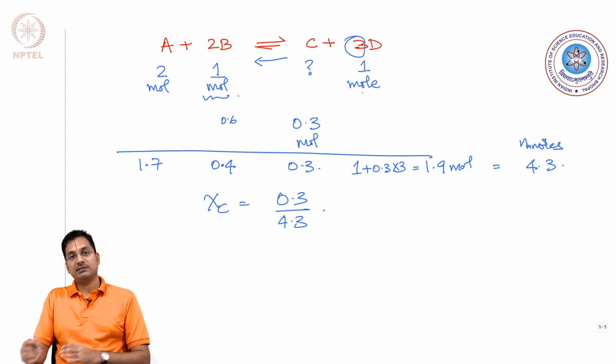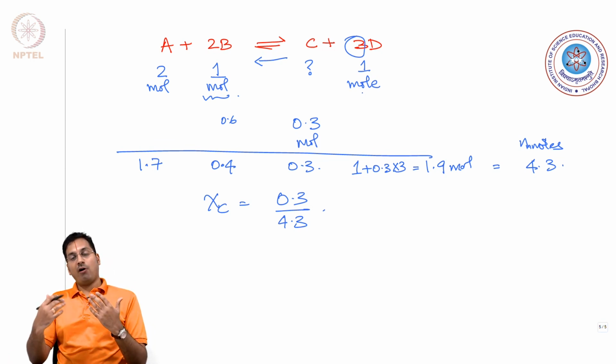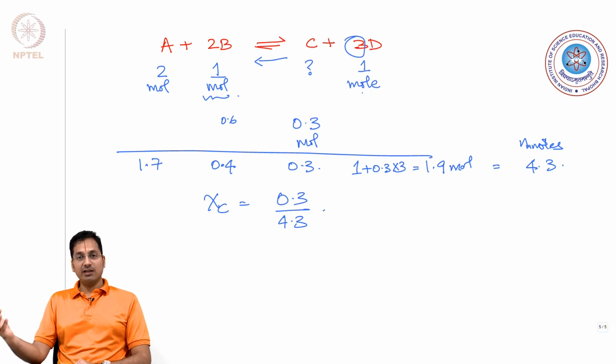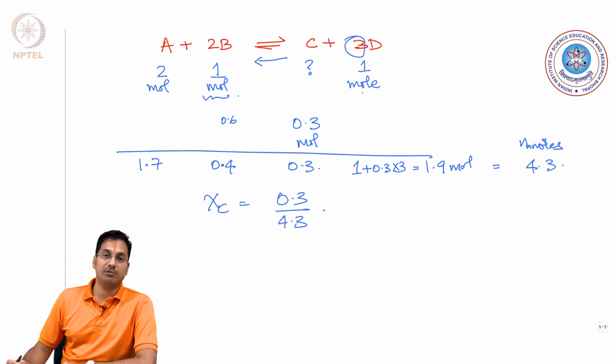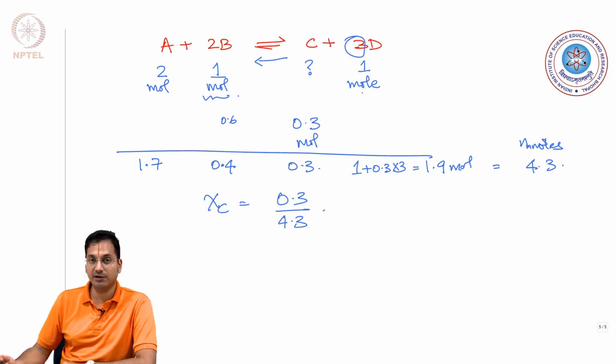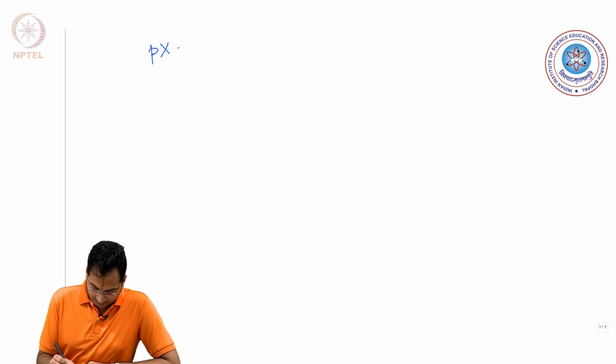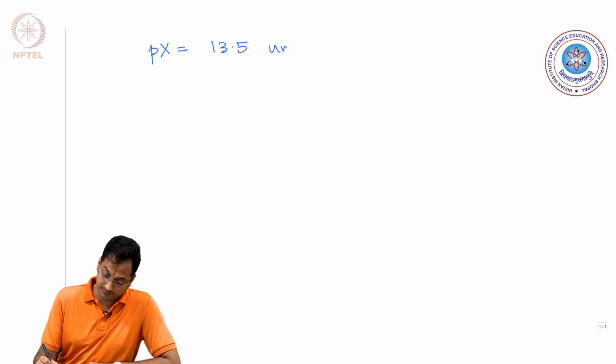So, one is able to understand, providing an idea of how much reactants and products you have, the equilibrium constant helps you judge how much forward the reaction has gone. These examples help you understand how stoichiometry works in different chemical reactions under different conditions that have been set up by the researcher. Let us take another example right now, where the Px for a given solute is 13.5 units,